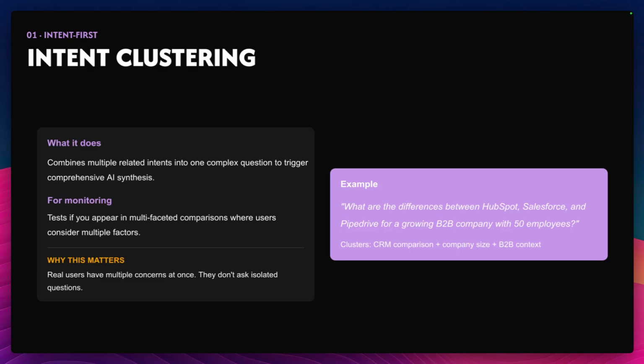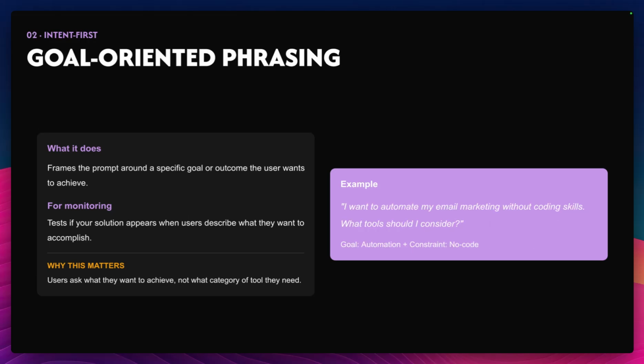with AI, you have the ability to answer multiple questions and multiple concerns at once, and real users would do that. They wouldn't just say what are CRM solutions, but add in multiple intents and concerns at once, because they can do it. And it's just not one step, but multiple steps they can do in just one prompt. So most clients will do that.